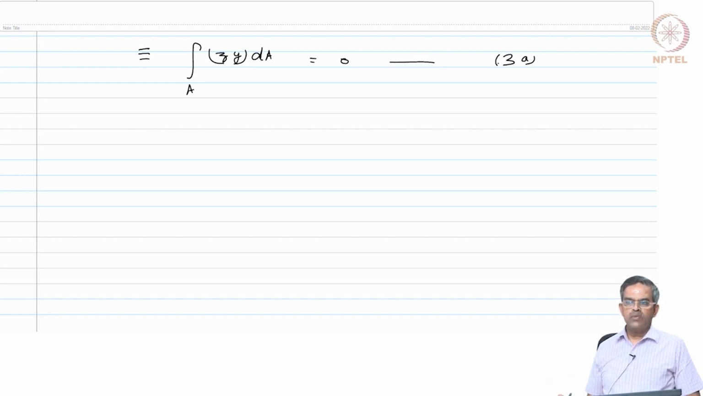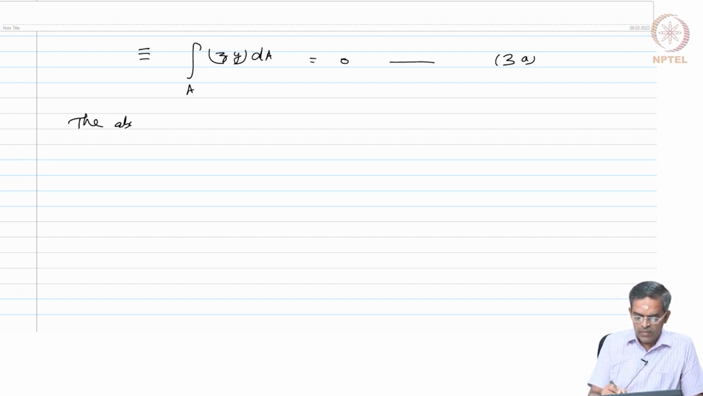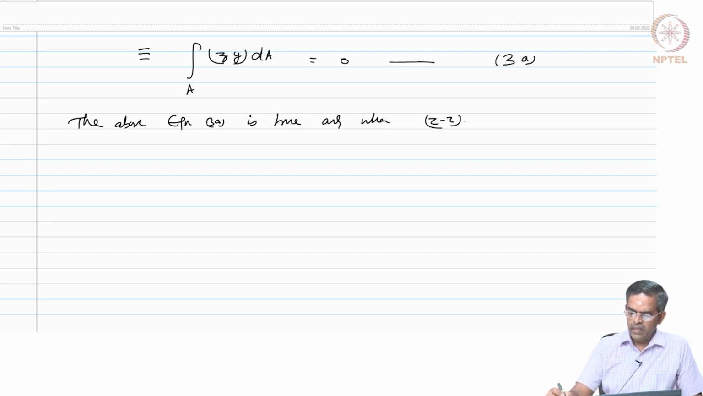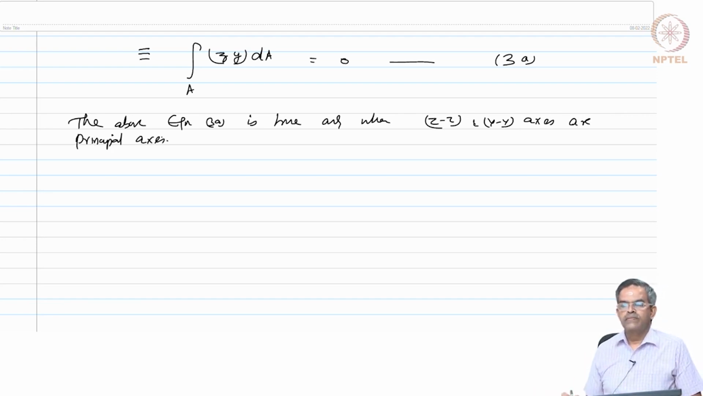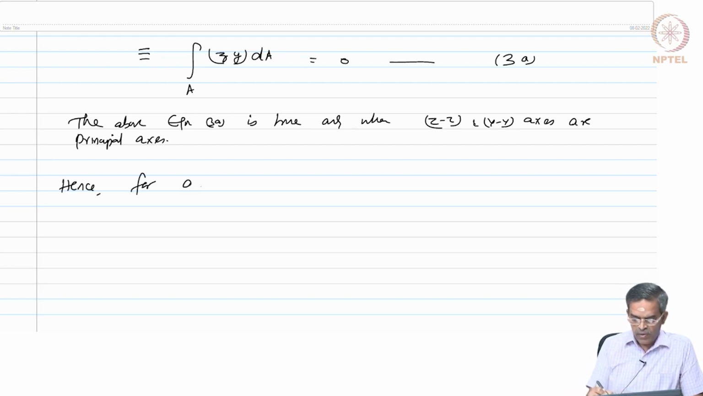The above equation is only true when zz and y axis are principal axis. Okay. The above equation 3a is true only when zz and y axis are principal axis. Hence, for the symmetric bending,